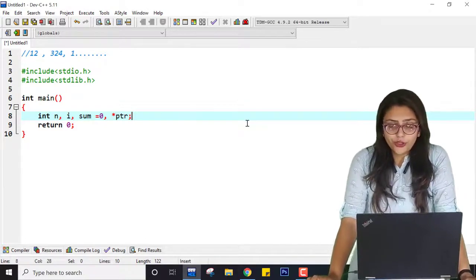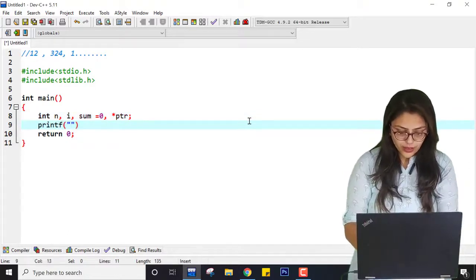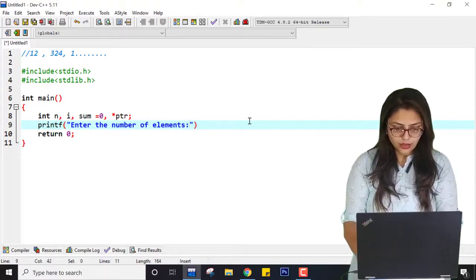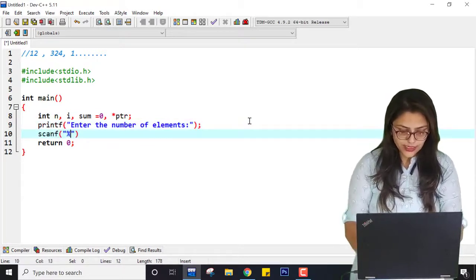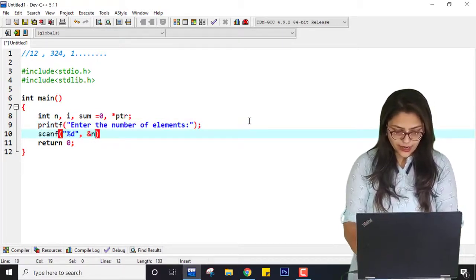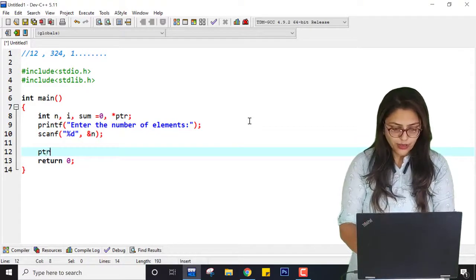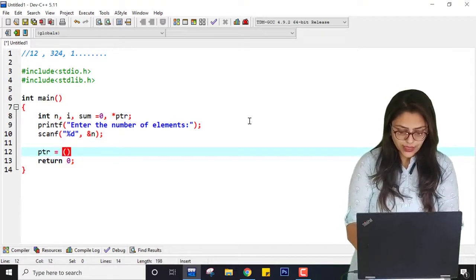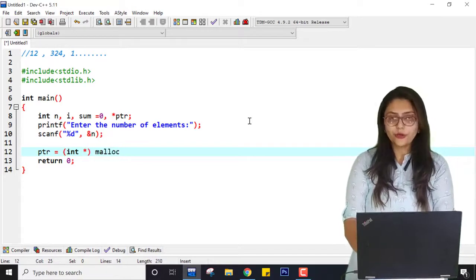So now what I am going to do, first of all I would like to print enter the number of elements, right? And how can the user enter? Using scanf %d and n, right? Now I'm going to write ptr equal to, inside the brackets int star, then malloc.